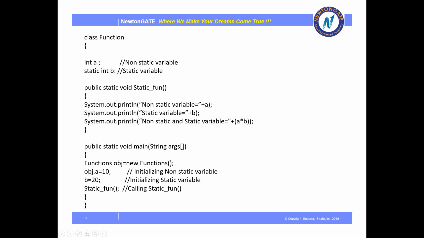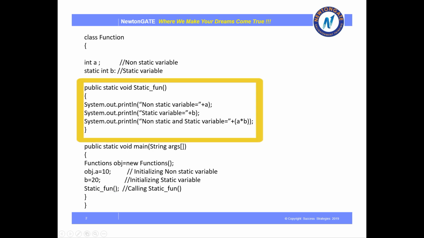So I think the concept is clear. That is a class name, object name, new is the operator used for creating and allocating memory for the object. This is a constructor which is used to initialize the object. Now here I have done the initialization. Here I am calling the static function. That's why I don't need the help of the object. Clear? So that's why I have directly written the static function. Once this line is triggered, the control will move to the definition of the static function.